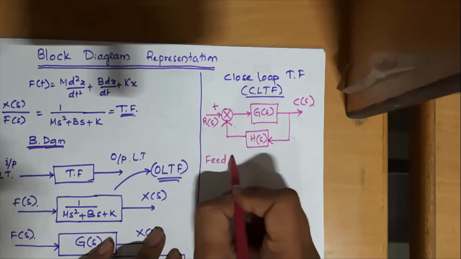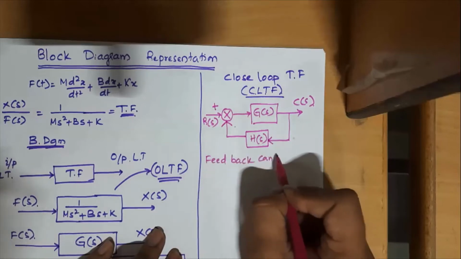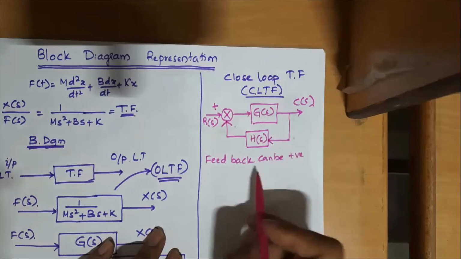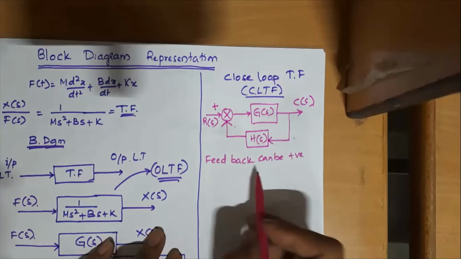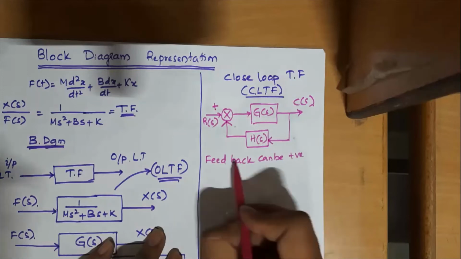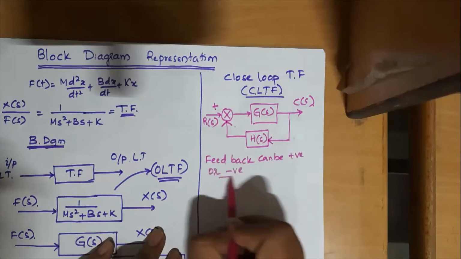So this is the system we'll consider, and we will now derive the transfer function for this particular block diagram, which is called the closed loop transfer function. This is the open loop transfer function, and obviously there is a difference between these two. So let us see how the closed loop transfer function can be derived. As I said earlier, feedback can be positive or negative